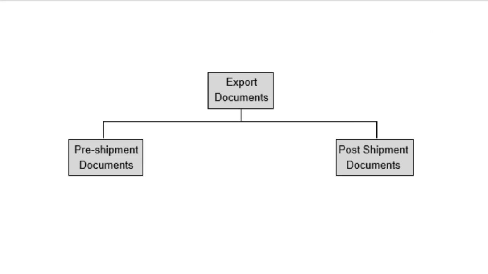So pre-shipment documents. Before dispatching shipment, what documents are required for the custom clearance at the Indian custom? So we need to prepare the set of documents and arrange as required by the Indian custom, and hand over this document to our carrier driver. Then our CHA will present this document at custom. So what are these documents? We will understand.